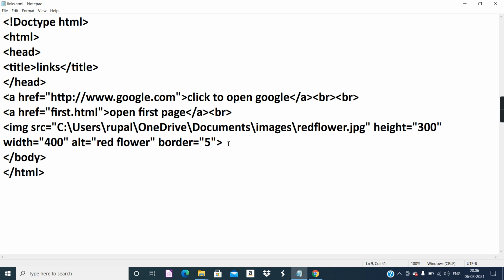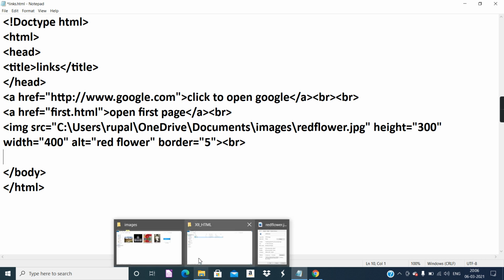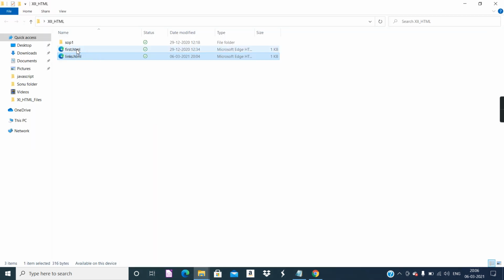All right, now I will also demonstrate how to display an image acting as a hyperlink. That means when I click on the image it should link to some page, either a website or any HTML page available on our computer. I'll demonstrate with a file available on our computer. I have this first.html, only we will take that, because I have another folder but I don't want to go into this folder.